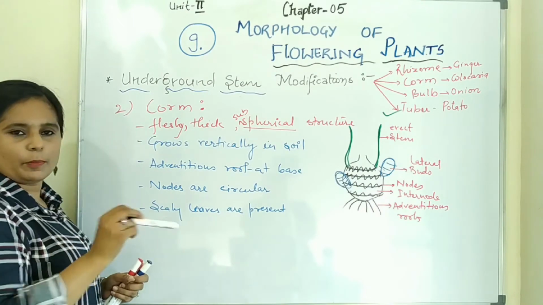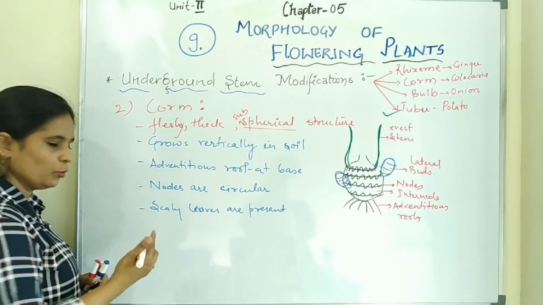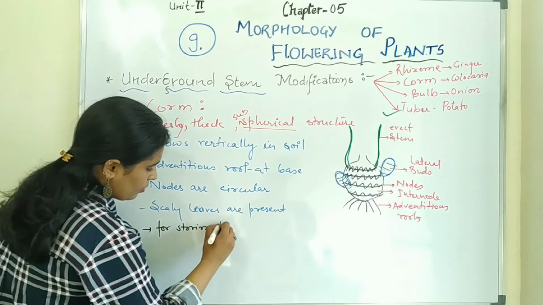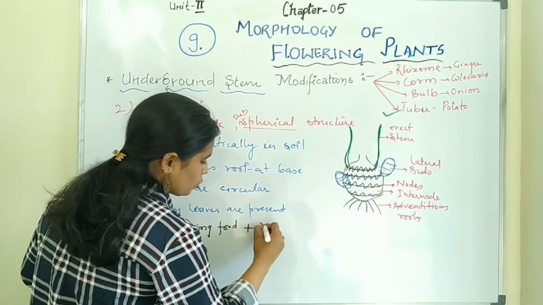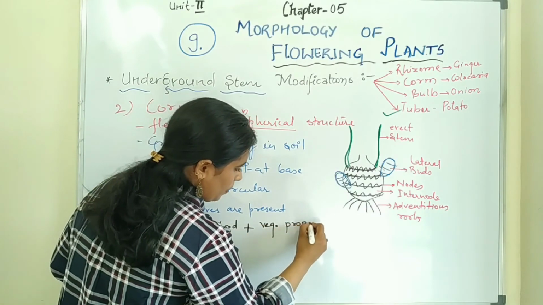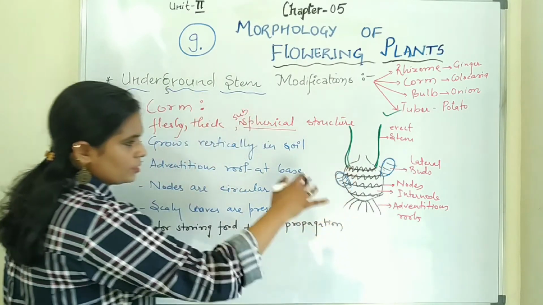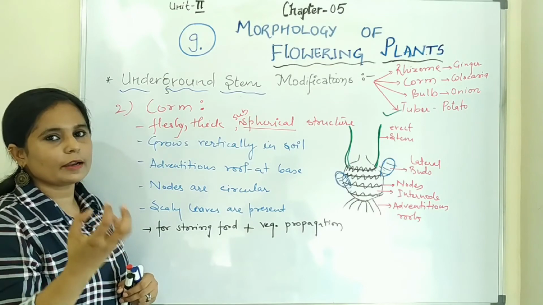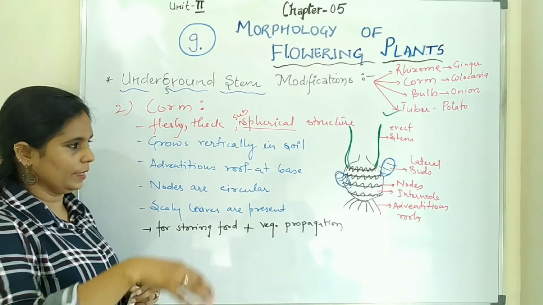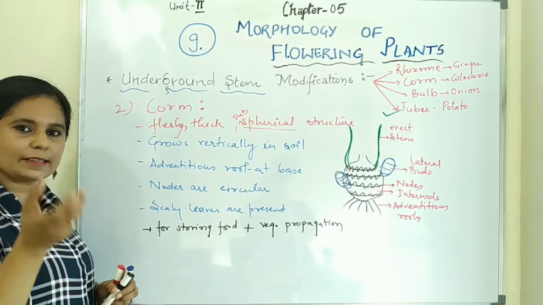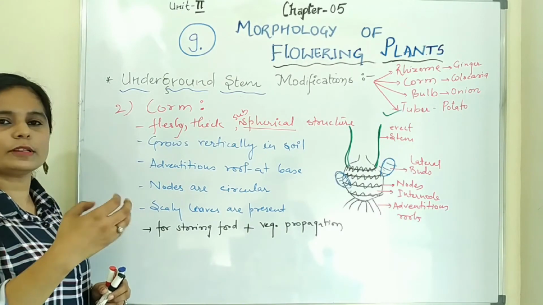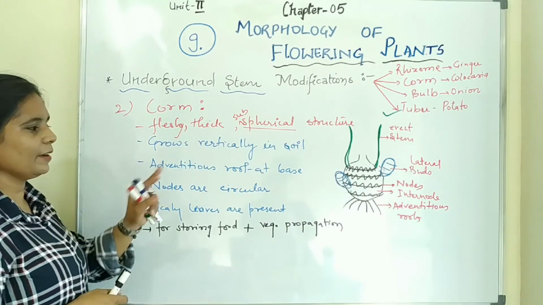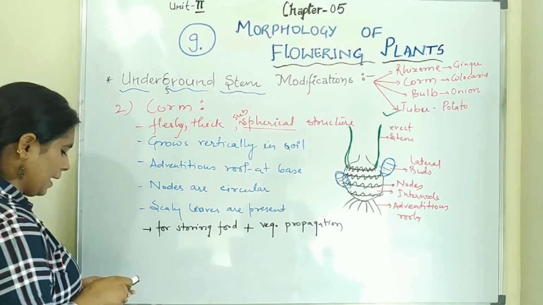Now what is the purpose of modification? So same, they have a dual function, one for storing food plus also helps in vegetative propagation. So this is the corm. Corms are the fleshy, thick underground stem which grows vertically, and they have buds at their nodes, lateral buds, and later on these buds will grow into another plant, and circular nodes are there, and adventitious roots will grow from the base. Example is